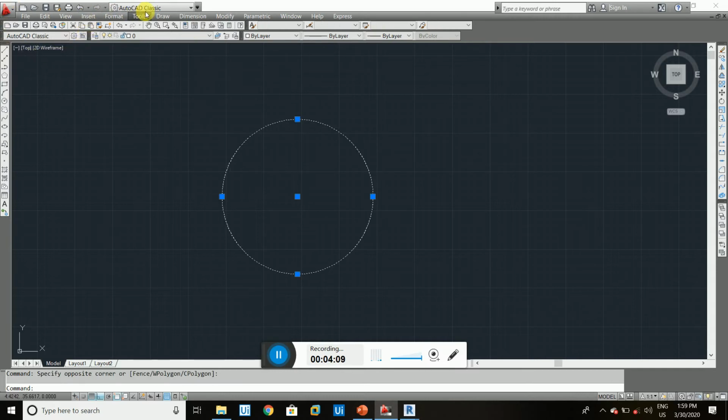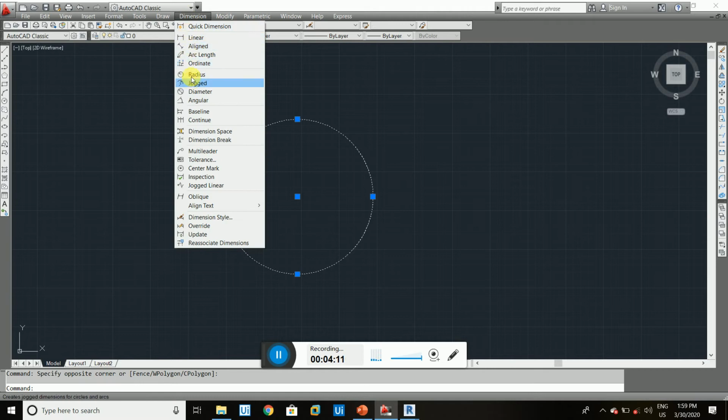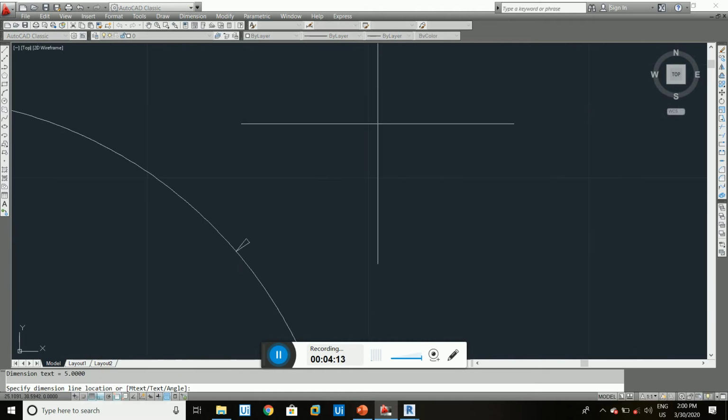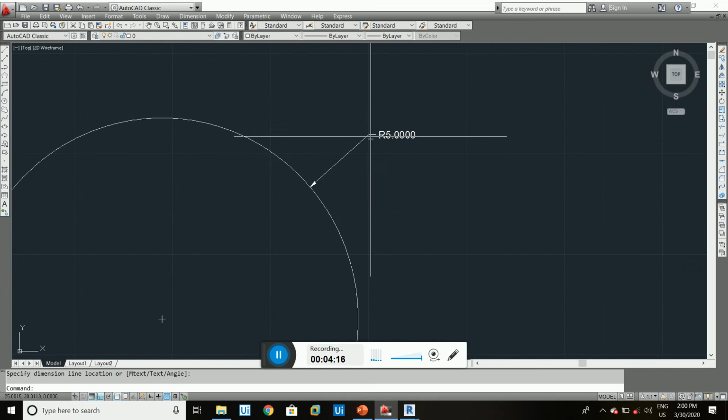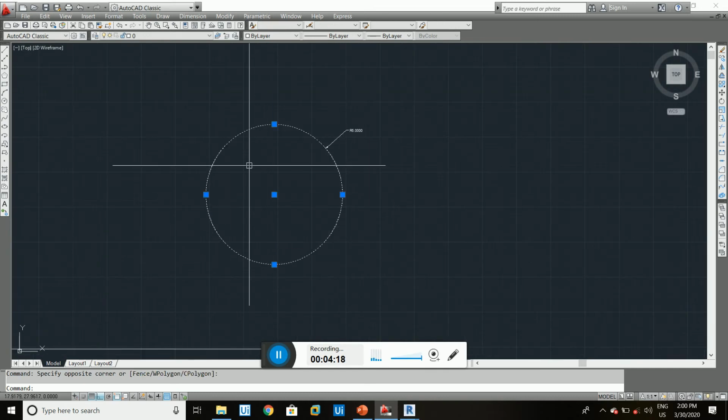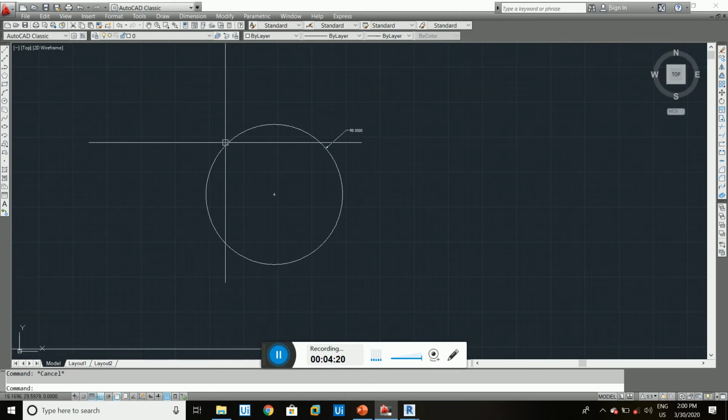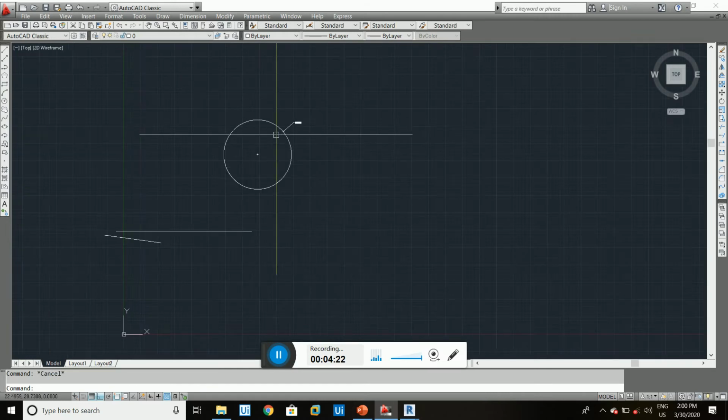If you go to dimensions and check the radius, it comes out as a 5 meter radius. So this is my second command, how we create a circle. And my other command is